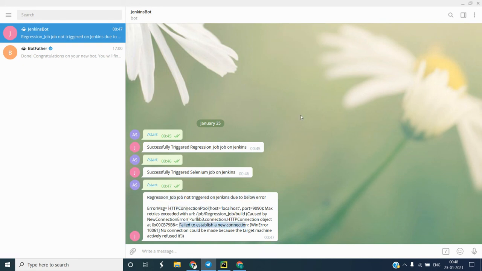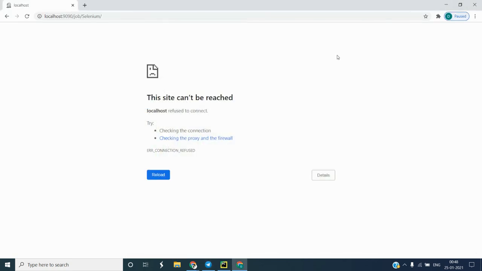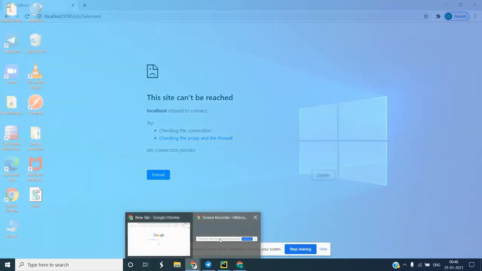So this is what I was referring to, that we can trigger our Jenkins build remotely using a Telegram bot. But you need to keep in mind that this bot that I have created here is hosted on my local machine. If you want to implement it somewhere, you need to host it on a cloud machine so that you can access it 24/7. So yeah, that's all I want to discuss. Thanks for your time. Thank you.